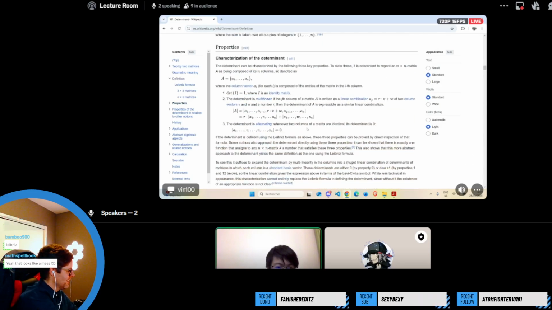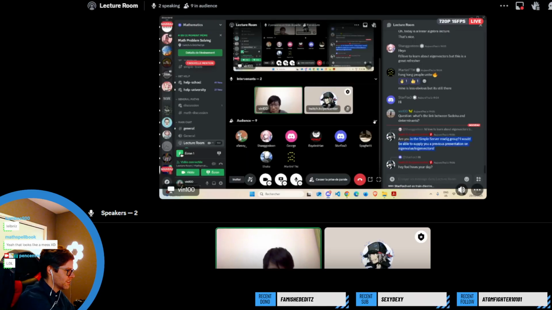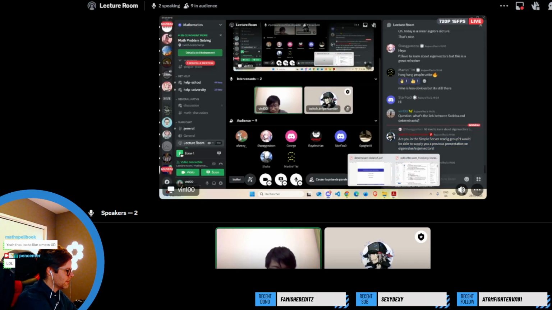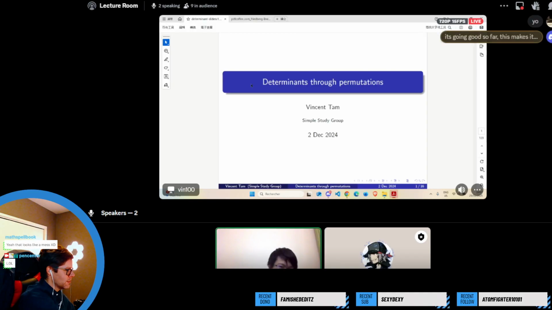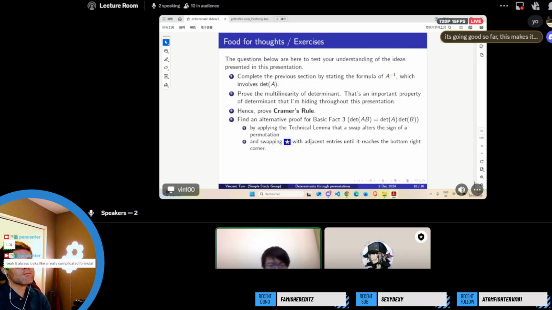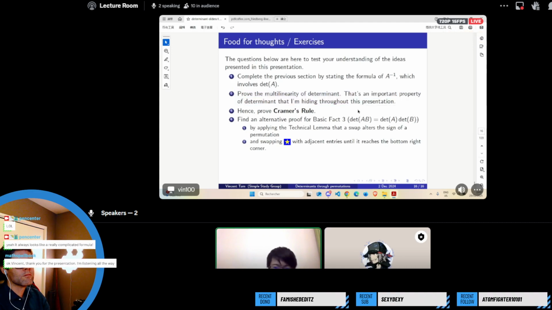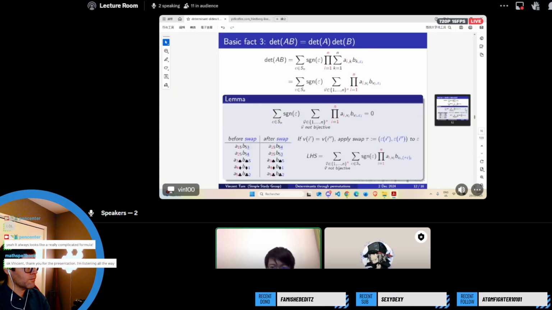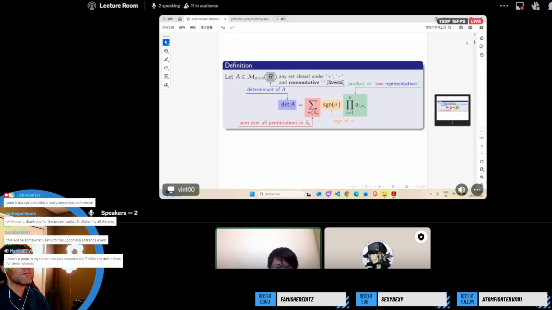From the properties there, the introduction is heavily reliant on the linear structure, and I'm trying to show you there's another way to do it without much linear structure. So in my whole presentation I will be undermining the role of linear structure and put it at the end of the slides, if you're interested. This will be really obvious from the definition itself. That is the definition of determinants, as you can see.